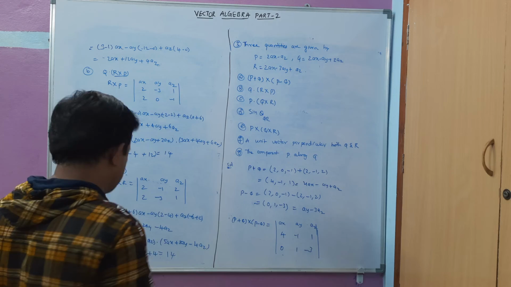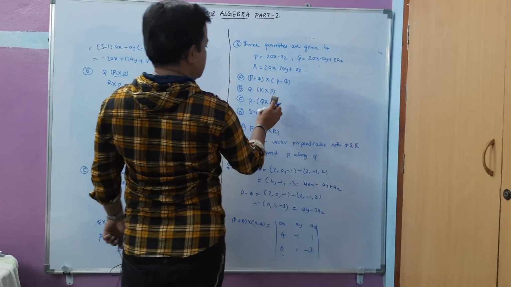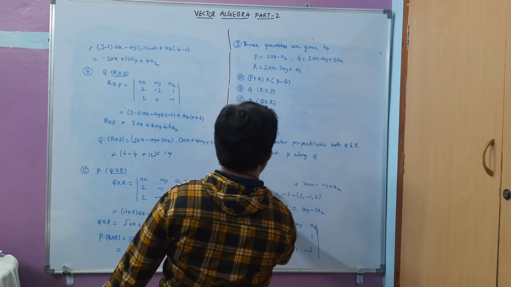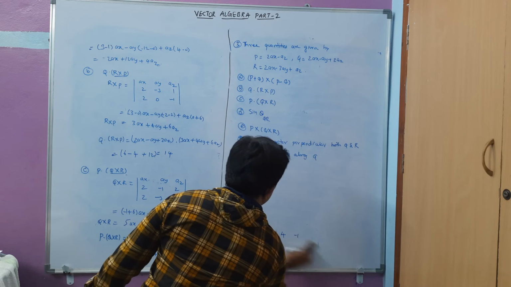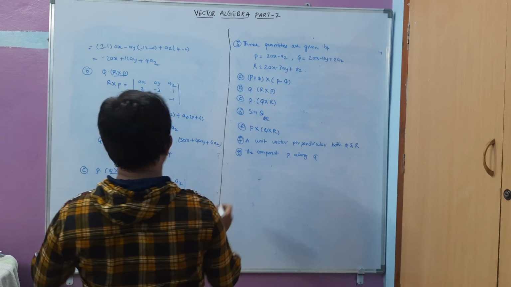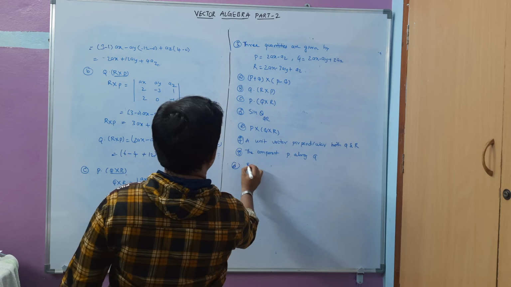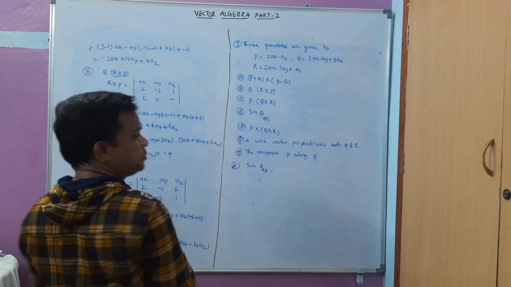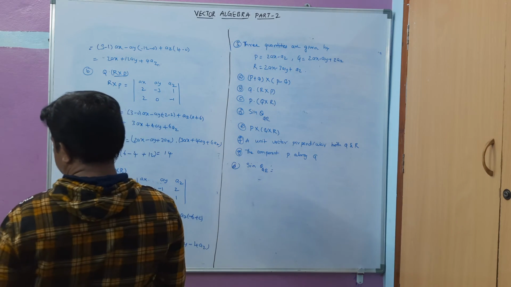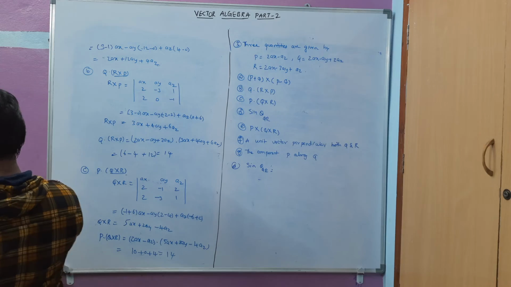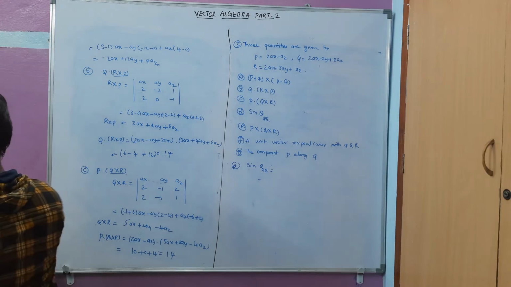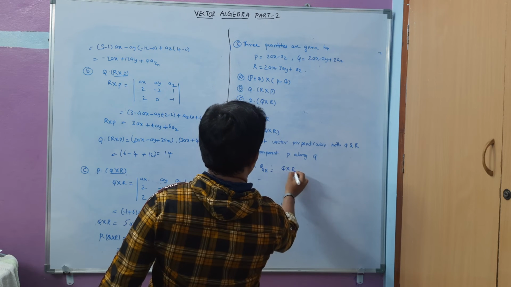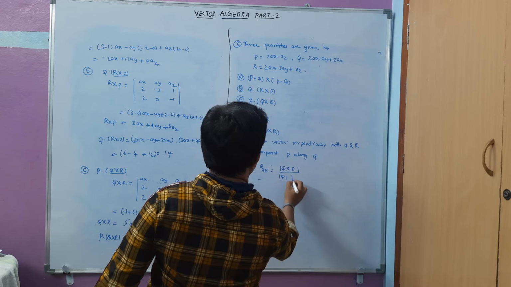And next we have to take the fourth one, sin theta of r. I will erase and write here because I need the question to do the problem. Next, it is the D question, sin theta of QR. Sin theta of QR means I have to take the cross product of Q cross R. That is sin QR is equal to the cross product of Q cross R by mod Q and mod R.